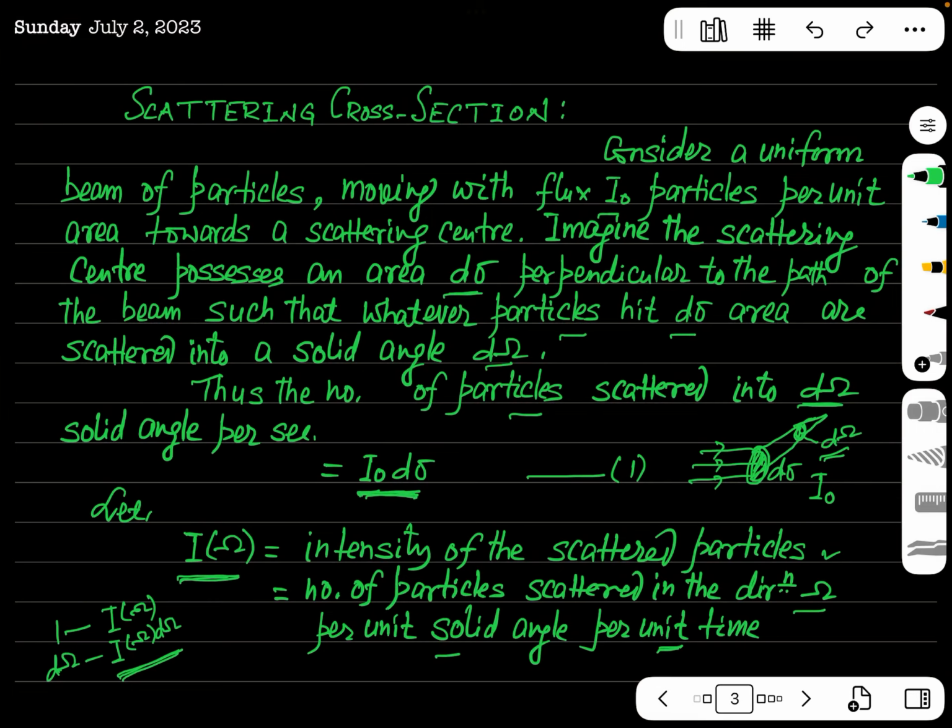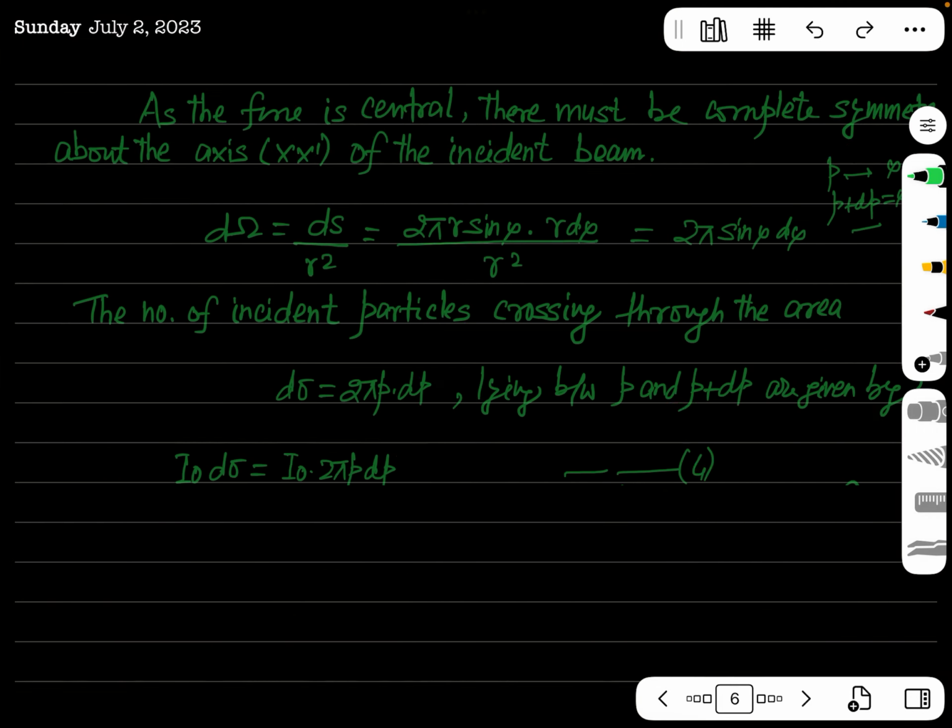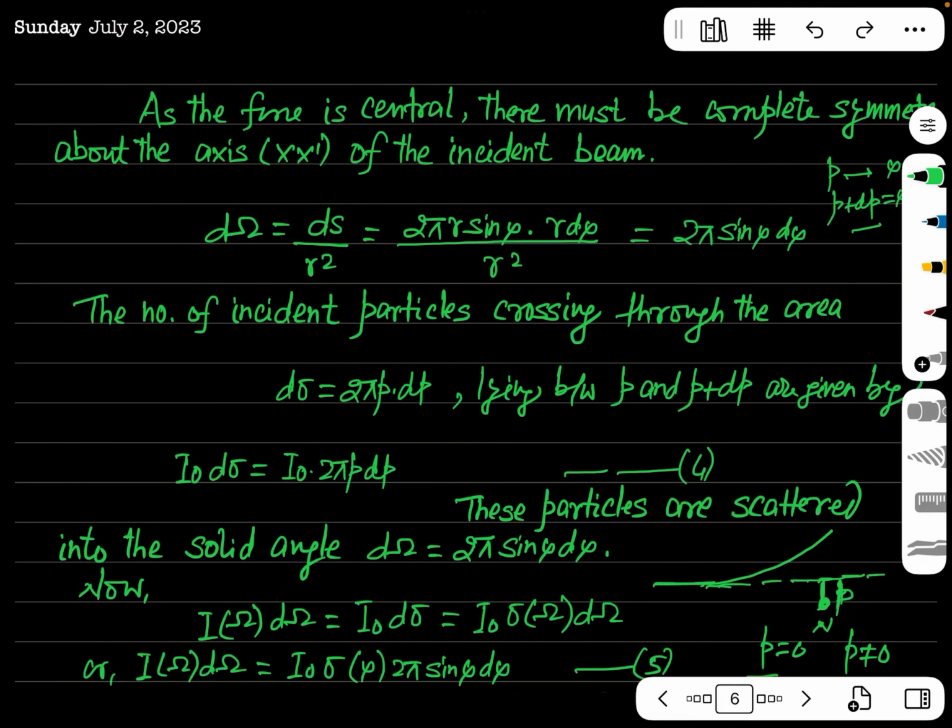So what will actually be that solid angle and the number of particles? Solid angle, you know from the definition of solid angle, is area divided by r squared, dS by r squared. And what will be the area of this annular ring? You can see this area will be its